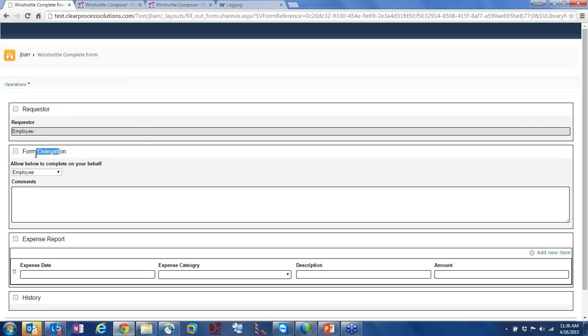What I've created is a section that says form delegation, and then it says allow below to complete on your behalf. And then you can include comments for that person completing on your behalf. And then at the bottom part is the actual data that they're going to be completing on your behalf, such as an expense report. So I'm going to go ahead and say, well, Mr. Justin Barr, can you fill out my expense report? I have to leave, but I need